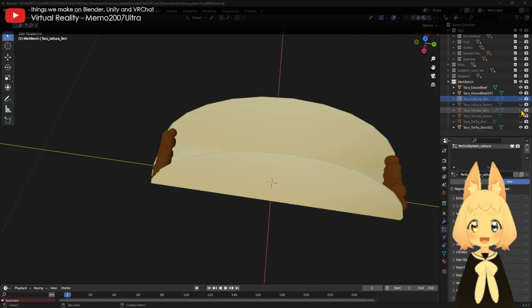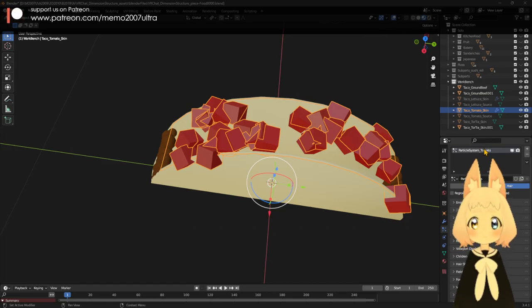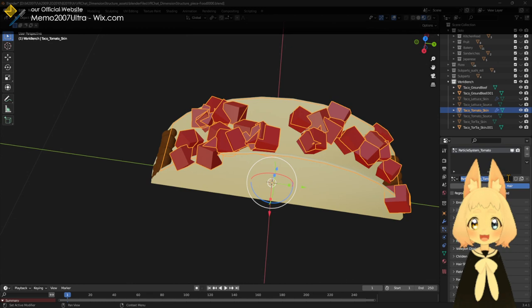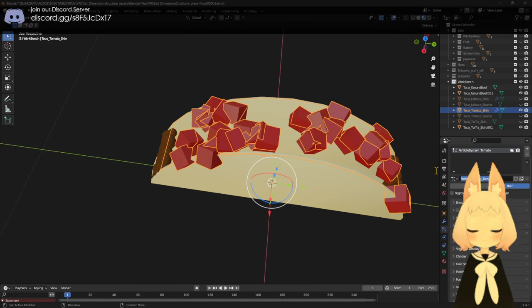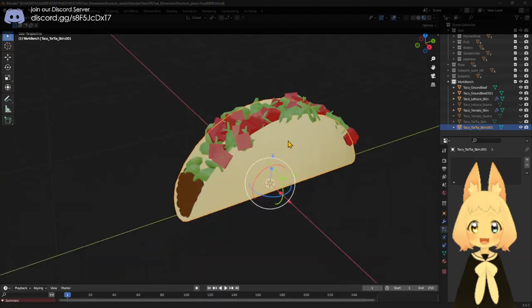Now we take a look at tomato. We can see that this is tomato. And then Control C. You can also paste it over here. Now we can see it's different. So yeah, it's almost something like a type of material that is global and available for everyone to use, but turns out no. So let's call them. There we go. So now we have